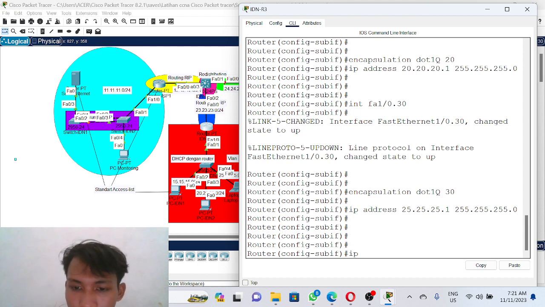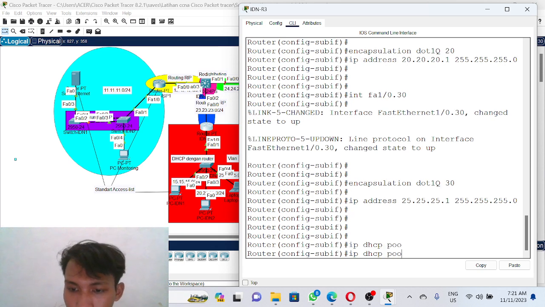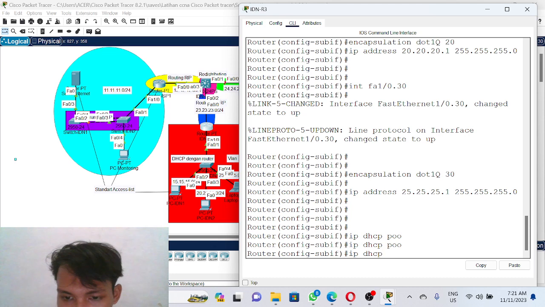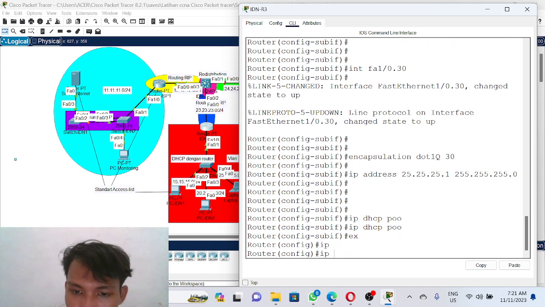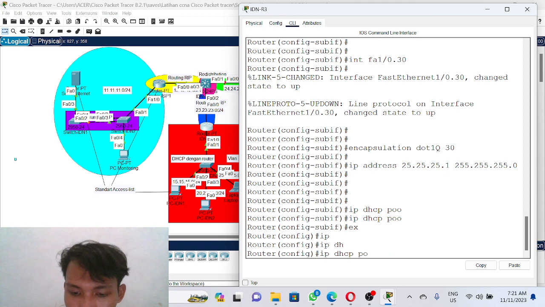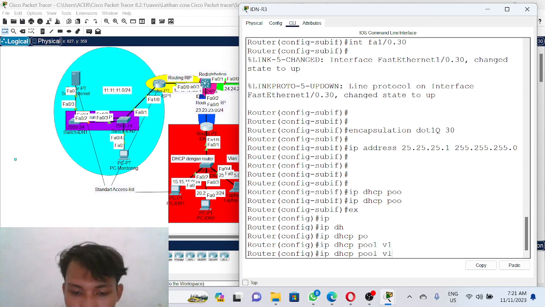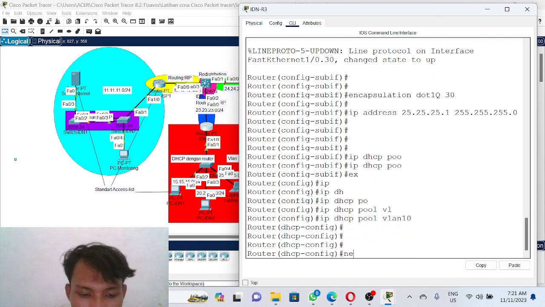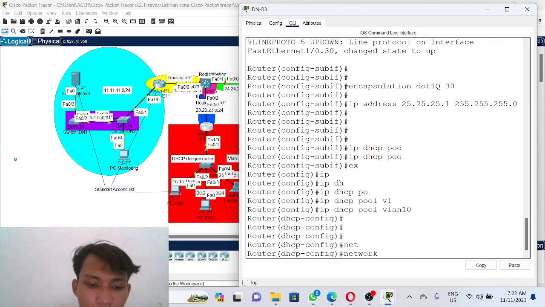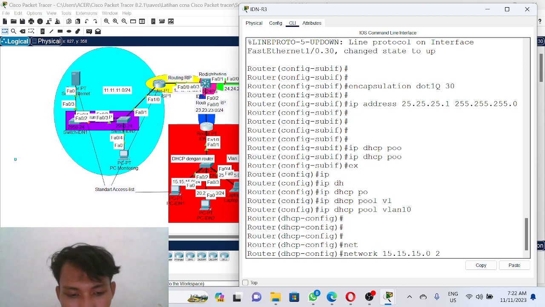Okay, then we make the IP DHCP pool. Exit first. IP DHCP pool VLAN 10, network 15.15.15.0, because this is the network, with subnet mask 255.255.255.0.